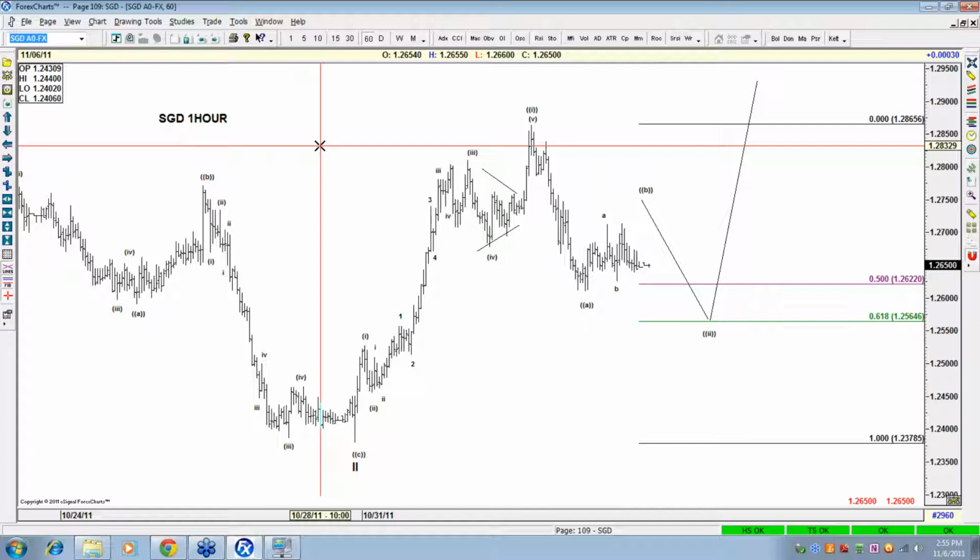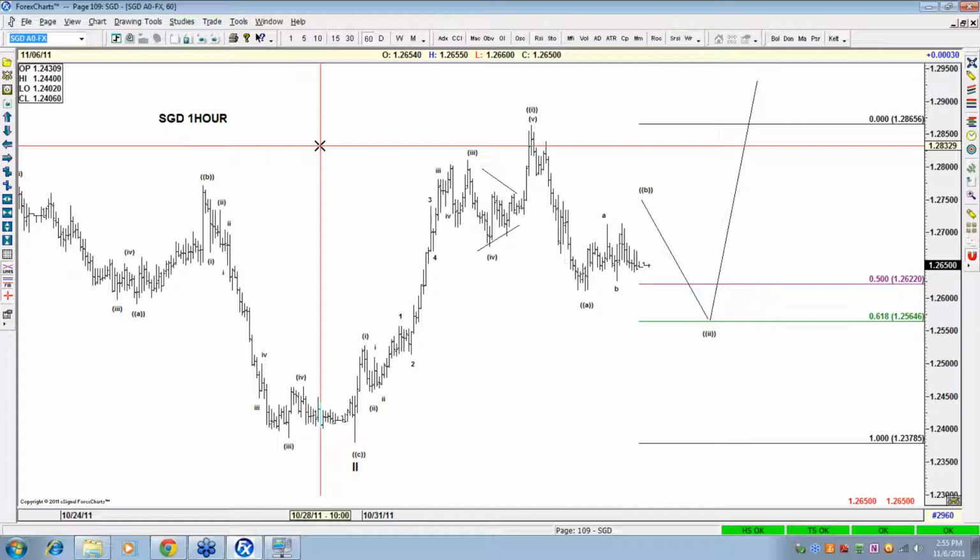Now, my intraday idea is that at least 130, 131 is going to be seen in this pair from